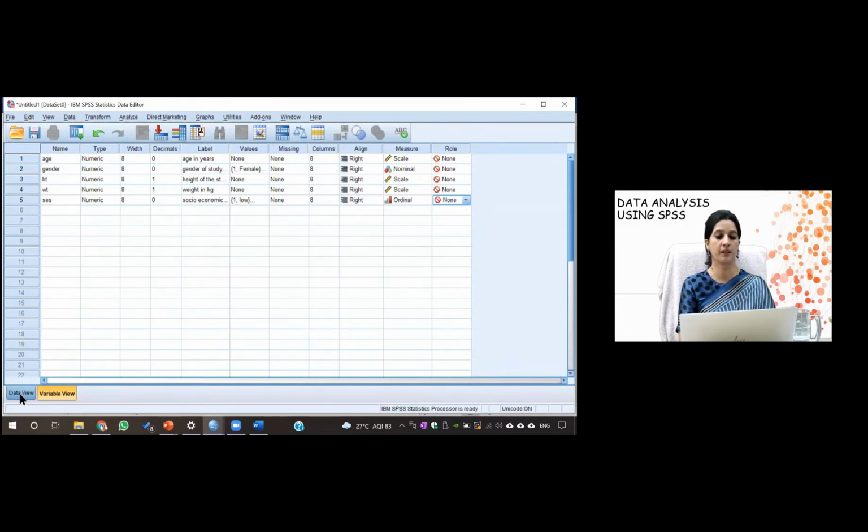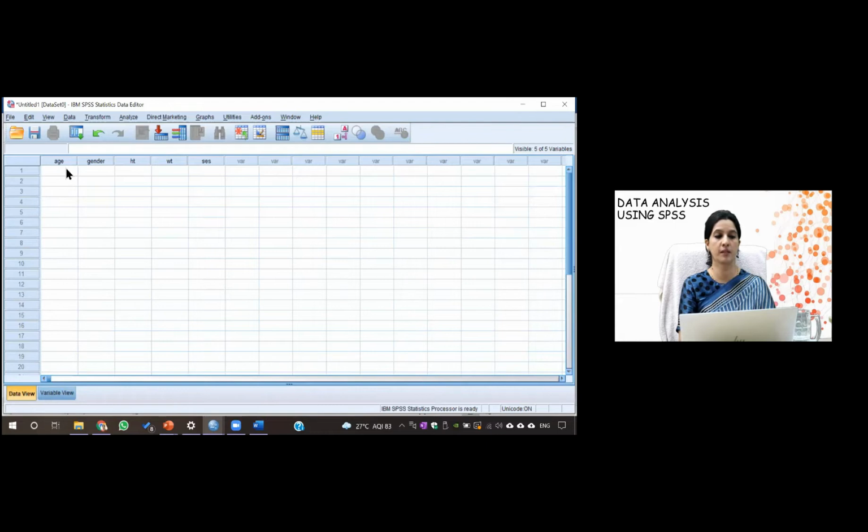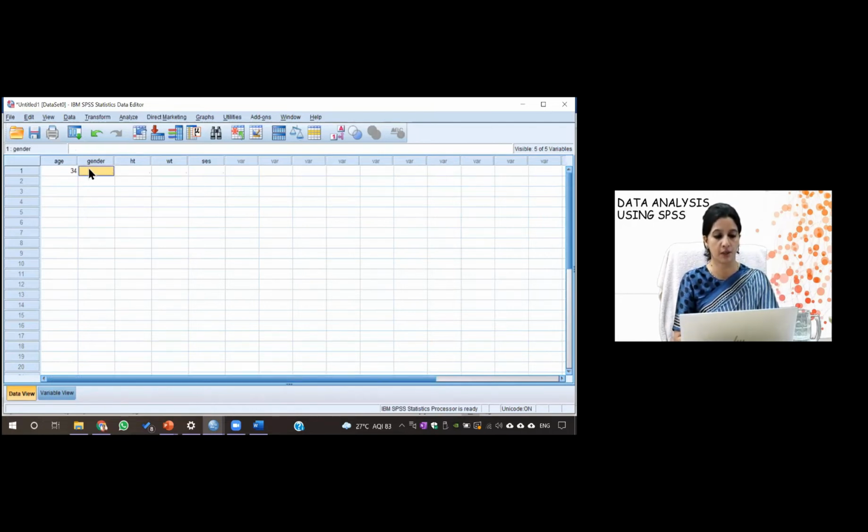And if you come to the data view, this variable you can see. So this tells you the serial number of the participant. So you can write if the age of the participant was 34, then you can start if it is 1 or 2. If it is a female, the height was 145 centimeter, the weight was 67 kg, socioeconomic status 3. So you can write like this, right? So this is the code and this is the continuous variable, and here you can keep on entering the data.